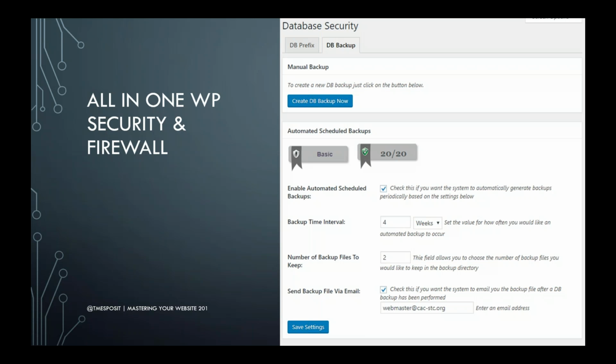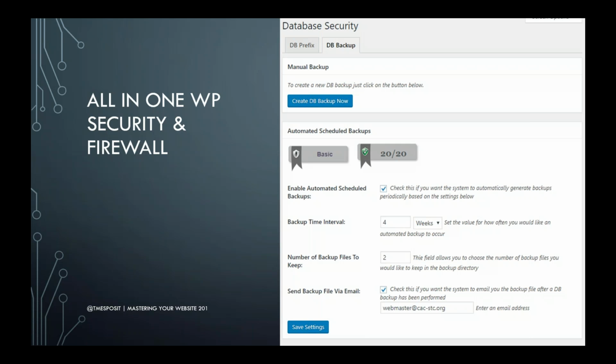The more you do, the higher your score, so you can be more confident that you have more security on your system. Having said that, you don't want to check all the boxes to get all of those little 20 points or 10 points or whatever they are. But it is worth going through each of the tabs and each of the options in this plugin to review what you can possibly do, because there's a lot that you can do out there to secure your website.